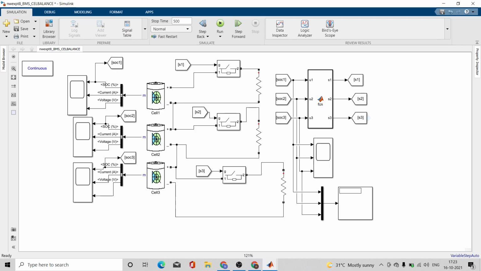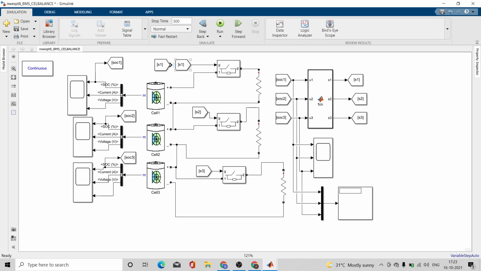Okay, so S1, S2, S3 are the switch 1, 2, 3, or the gate signals of the ideal switches 1, 2, 3, because the gate signal decides whether to switch it on and off, right? So you can take the go to block from the library browser, and then you can drag it and put it over here.